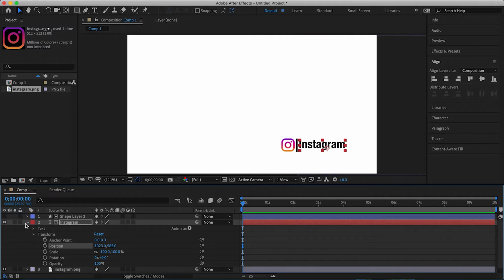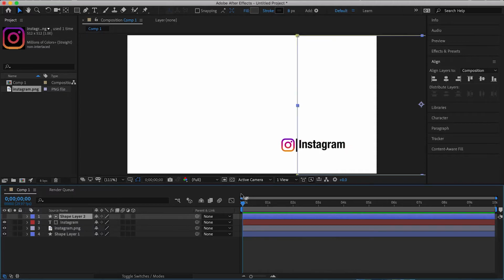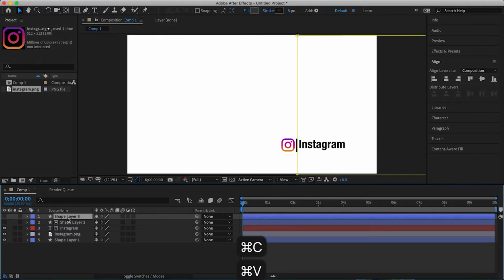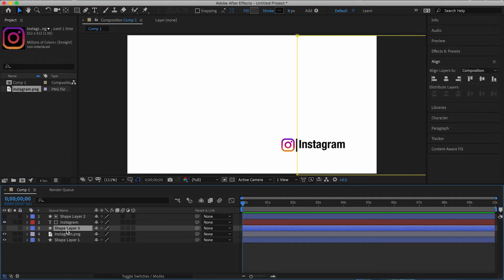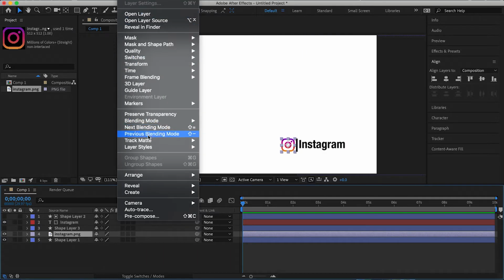Okay, so that's fine. And the next thing we'll do is create the layer mask for the Instagram PNG. So we'll just duplicate this layer. So just Command C, Command V, and then put this shape layer just directly above the Instagram PNG. And then what we'll do this time is, this is already a mask, because we already did it for the previous shape. So all we need to do is click on the Instagram PNG layer, click on layer again,